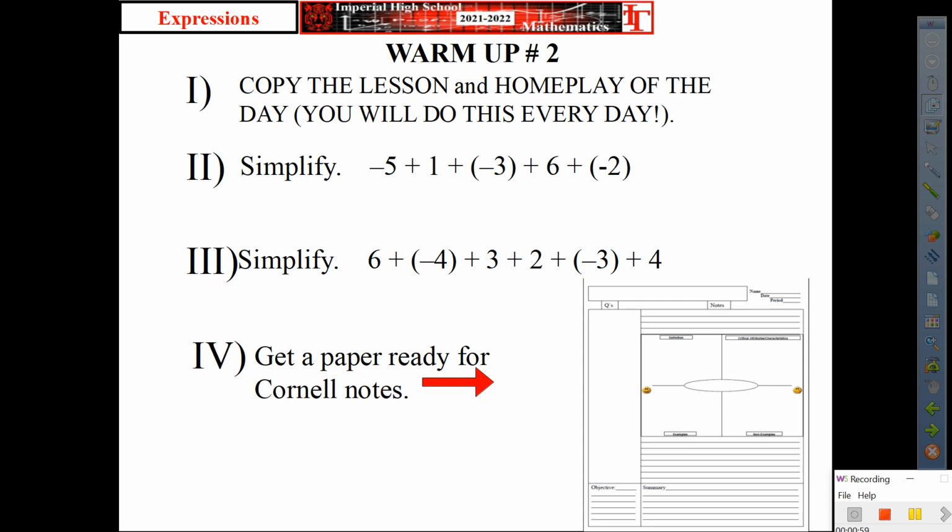All right, so I still see some of you working on the warm-up. Some of you are already done. Those of you that are already done, you have the packet in front of you, which is the syllabus. Those of you that are watching the video online, make sure when you come back, ask me for a packet. So I'm going to give you some time to read through the syllabus. Make sure you get familiar with all the weights that I'm going to use for grading. Read through the classroom requirements and all that. Okay, I'll give you some time for that.